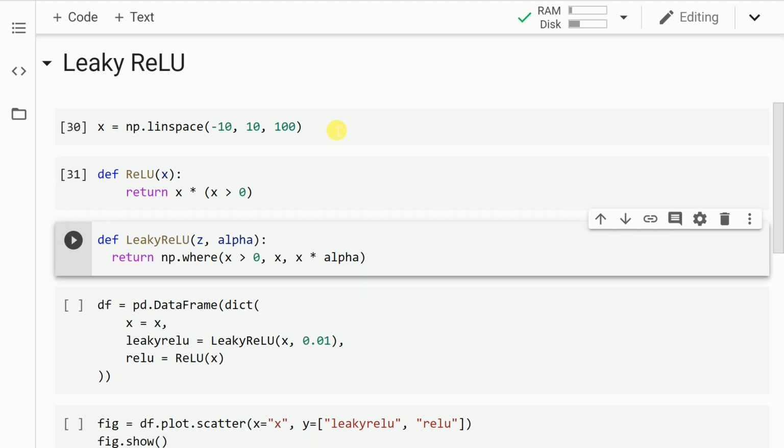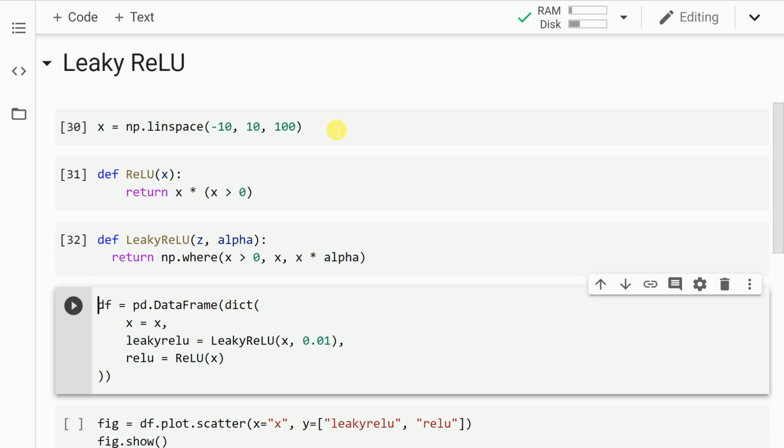Now when you consider the ReLU function as well as the leaky ReLU function, in the positive direction, that is when you consider x values greater than 0, both of them are identical in nature. In case of leaky ReLU, when your x values are less than 0, your output is basically the x value multiplied with a constant term. In case of a leaky ReLU function, the constant value is chosen to be 0.01. And whatever characteristics I've mentioned about leaky ReLU is what is implemented in this function. So let me move forward and run the cell to load it in memory.